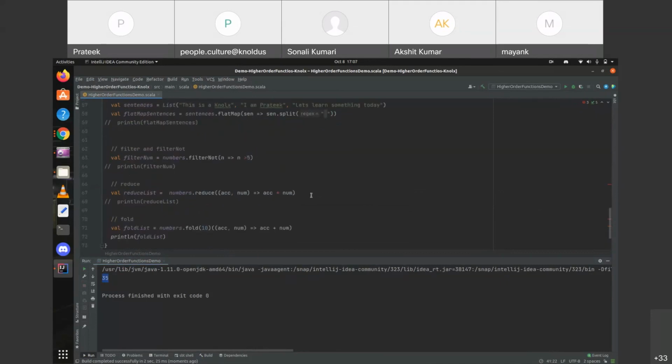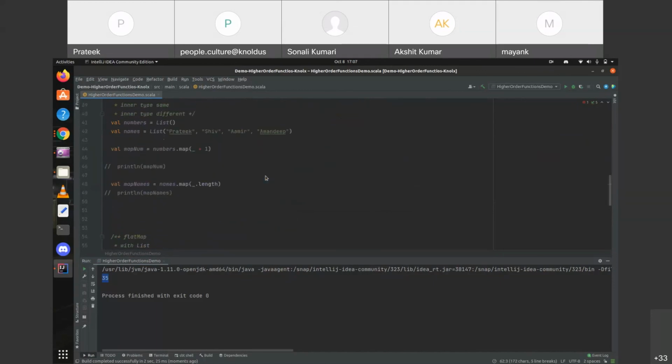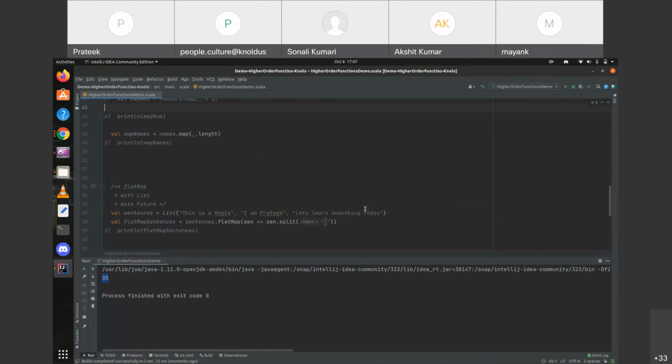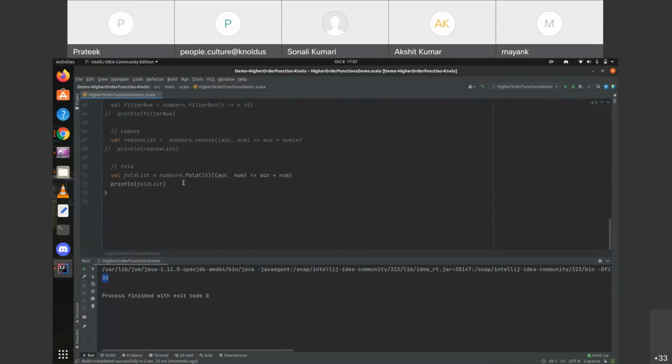So let's quickly comment out all these, so now in this case we have an empty list. Let's see the output. So as I told you, it will take this initial value as the output of this whole operation if we have an empty list.